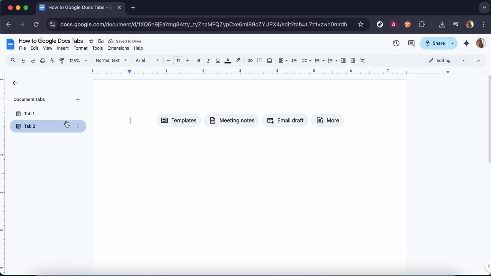Now, after creating a tab, you might want to rename it for better clarity. To do this, simply double-click on the tab name, or alternatively, right-click the tab and select Rename from the context menu. This step ensures that your tabs are labeled in a way that reflects their content, making navigation easier for